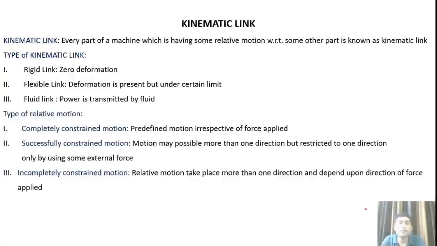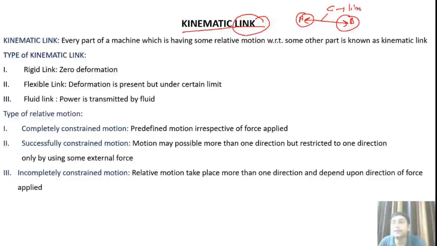These are very few terms. For example, kinematic link, kinematic pair, constrained motions. Let us discuss these terms very quickly. First is kinematic link. Before we study the kinematic link, one should know what a link is. A link is an entity between two objects or parts which it connects. Let A and B be two objects or parts. If an entity C is used to connect A and B, then C is a link.